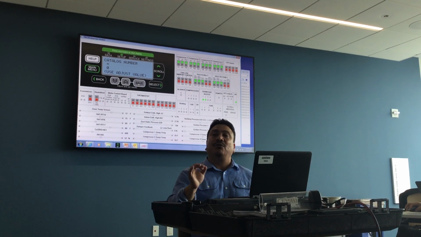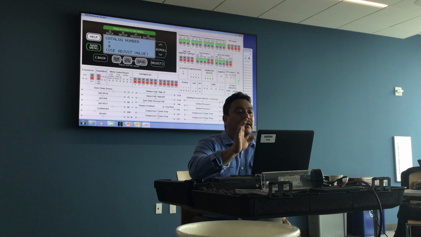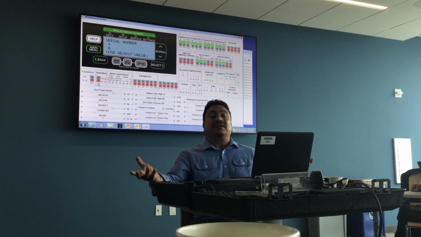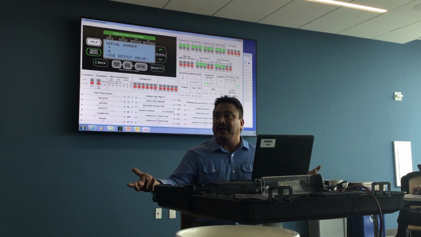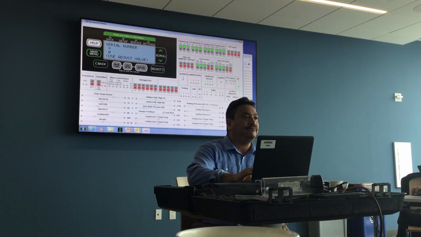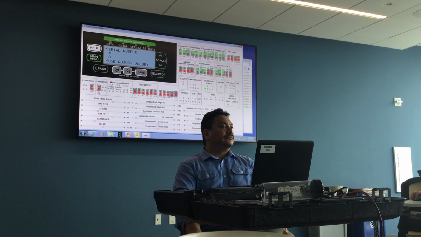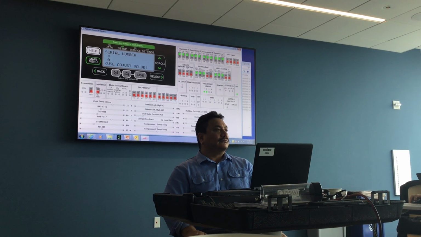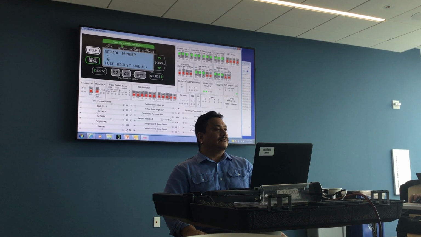That's why the catalog number is so important. Okay? So in this case, we're going to go ahead and save that. The serial number is important as well because it tells us the date at which the unit was manufactured, right? Yeah, real quickly on that, you always see like a 56, because that's when it's manufactured in plant. And so it's the third and fourth